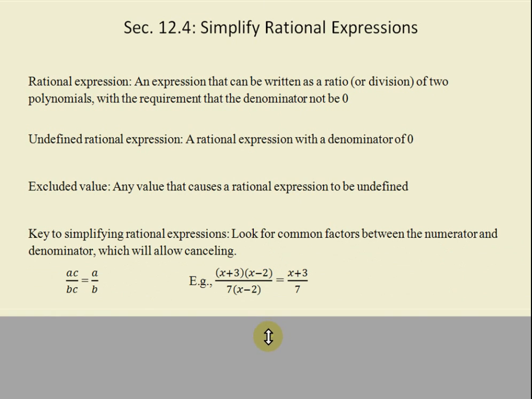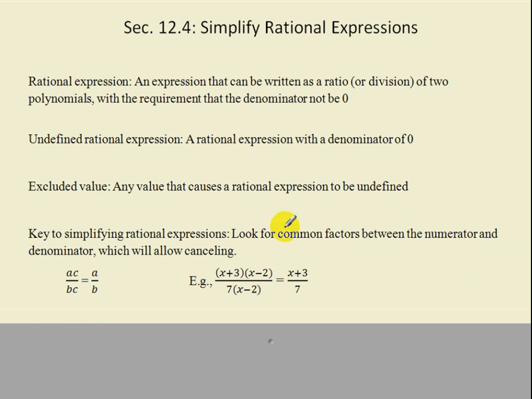So the key here to simplifying rational expressions is to look for common factors between the numerator and denominator, which will allow us to cancel. So here we have a times c in the numerator, b times c in the denominator. That means we can cancel these c's. Remember that we can only cancel factors, what's being multiplied in the numerator or denominator,